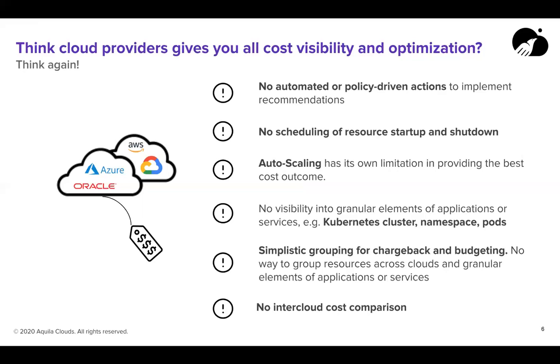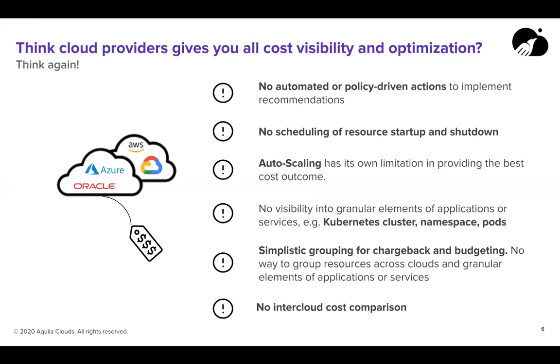And then the grouping should not just be on the level of the resources that are provided by the cloud providers. It should go into the applications and services. Like I said, the Kubernetes cluster, namespace and pods, or any of the computing pipelines in your data science pipelines and whatnot. So all of these should be taken into account on a very granular level, so that you can precisely calculate your budgets and your chargeback and whatnot.